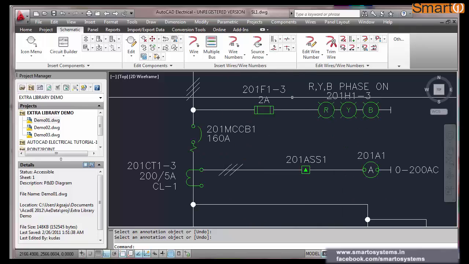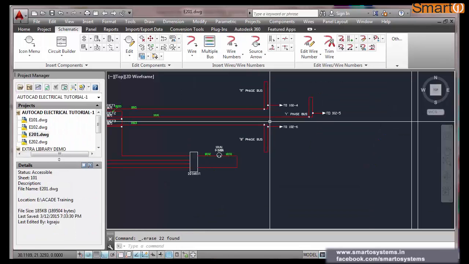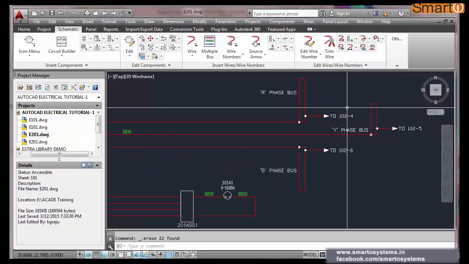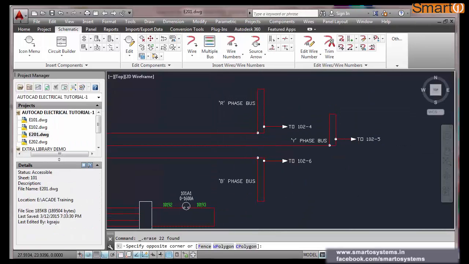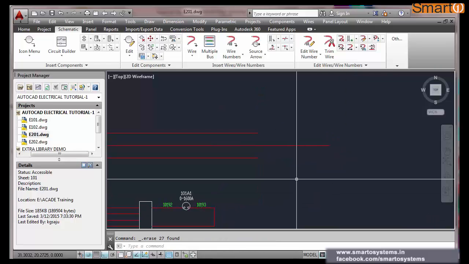So all these components with the tag 201 are incorporated. Here we have made the 3-line diagram. So instead of a bus bar, in this case it is going directly to the drive. So I am deleting this portion too.